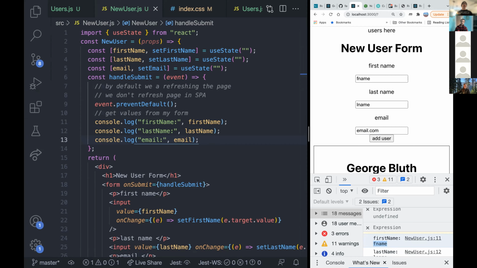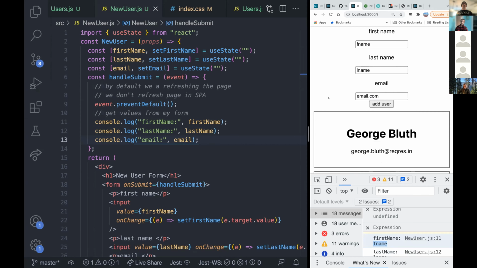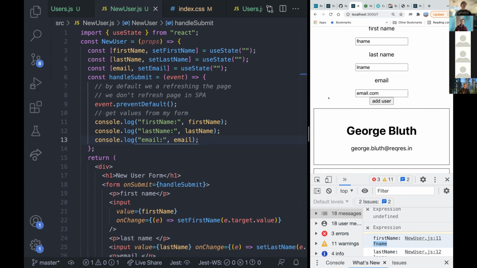Because now I don't have to go to a whole new page to get a form. I can still see my users. I can do all of this in one page. With Rails, I have to go get a new form, go to that page, and then I have to hit submit. And all of this stuff can take a while. It maybe is just milliseconds behind the scenes, but that creates kind of a choppy UX. This is going to be very smooth and very fast, but it adds complexity